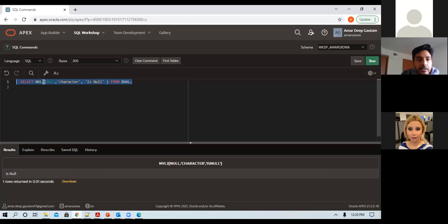Earlier, what was happening in NVL? There were only two arguments. One was the value which we are going to test, and the other was the default value we are going to get. So if it was null, then we used to get the default value. If it was not null, then we were getting the value which we passed. But this is just an extension. What we are saying is that if it's not null, then use this, and if it's null, then use this. And we have a use case for this, like why do we have a separate function for this? So any questions on how it works?